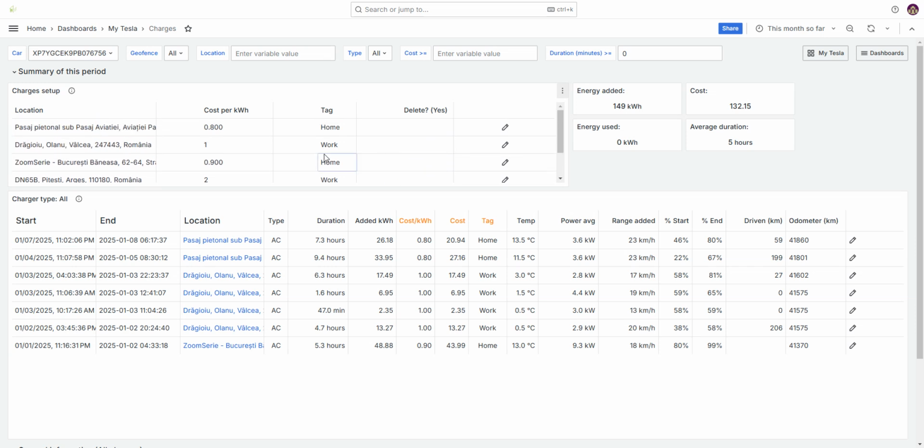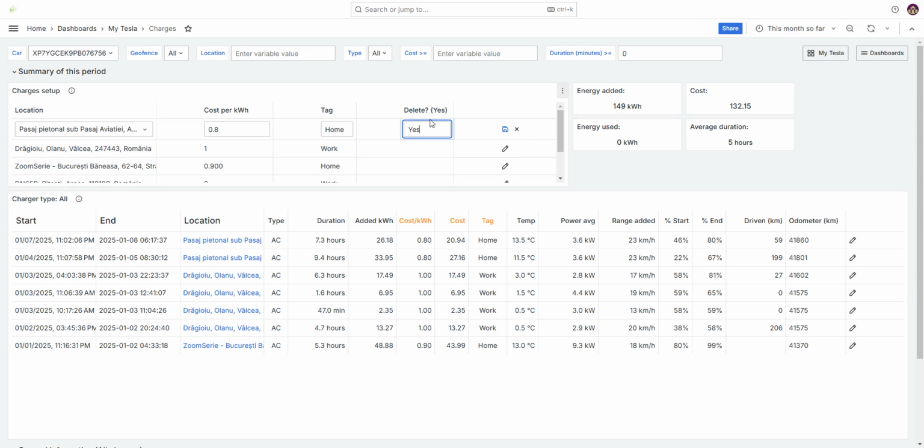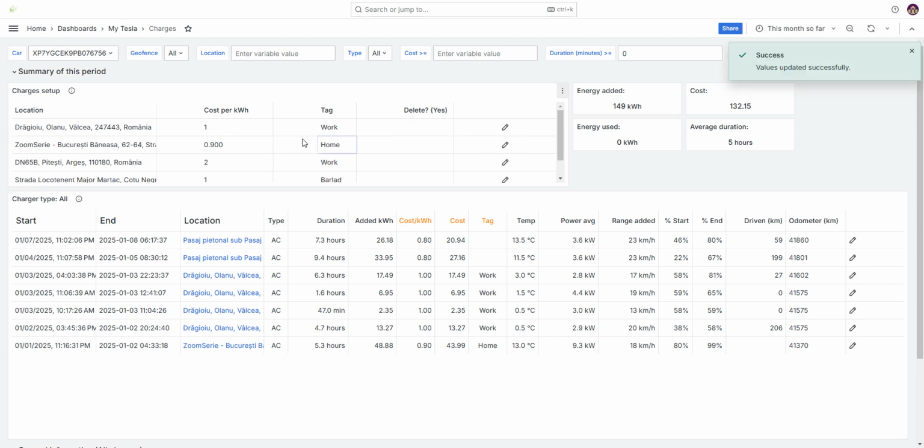Now, let's say for whatever reason I want to remove this one, so I can say here, yeah, I want to delete it. I press save, and then this gets removed. The cost stays, because I calculated it once, but at any time I can go and overwrite it. So this sums up